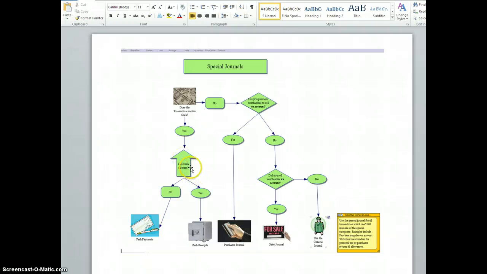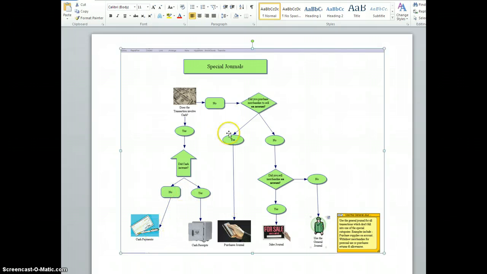And you say, did cash increase? If cash didn't increase, the answer is no. You're going to use your cash payments journal. If cash did increase, you would use cash receipts. The other key question you want to ask yourself, if the answer was the transaction didn't involve cash, the answer was no,